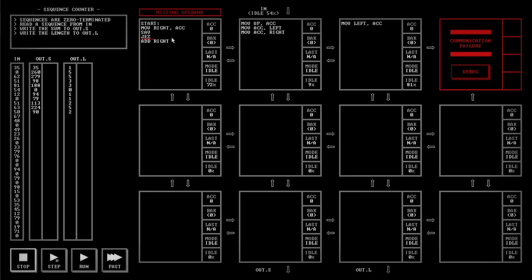So, theoretically, for this first sequence, it's just 35. 35 comes here, it saves, we add the next number anyways, and then we move to the ACC to check. And if it's 0, end, end,